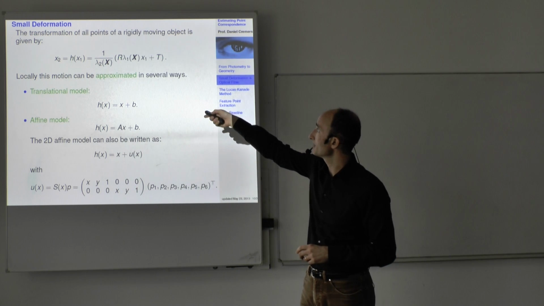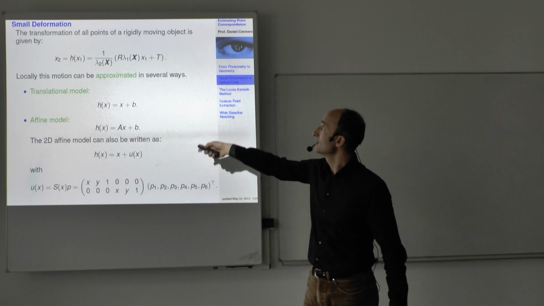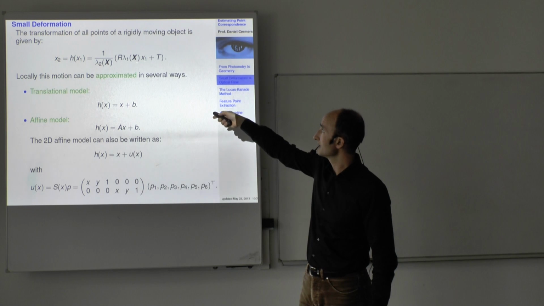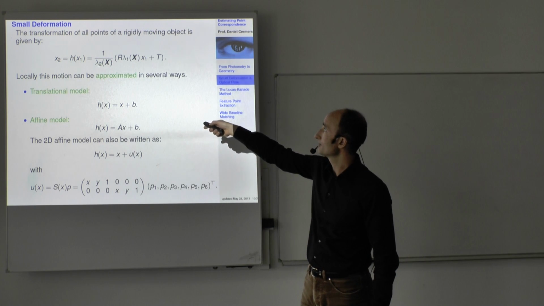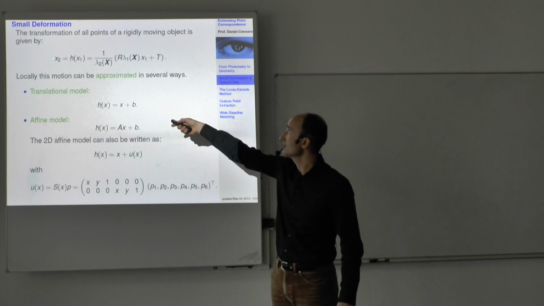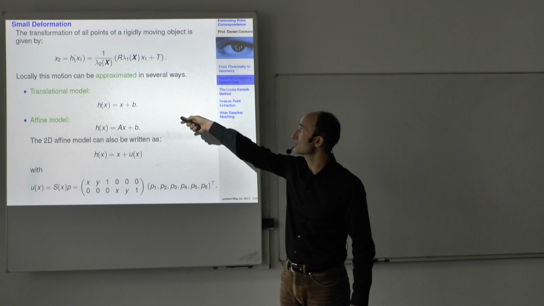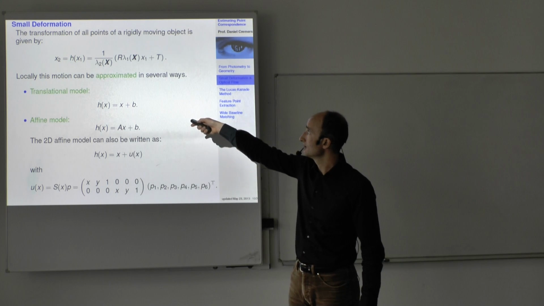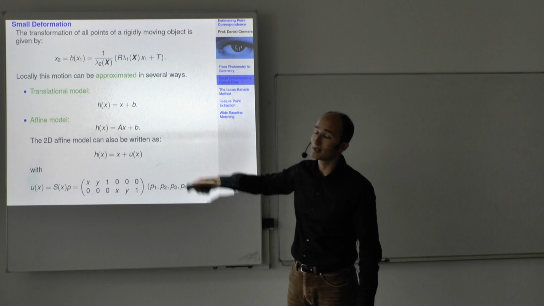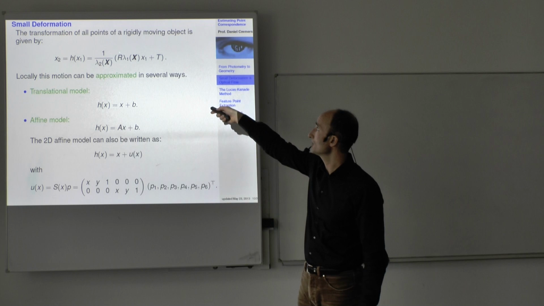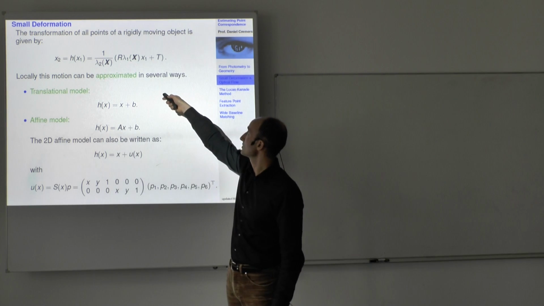Here we have the rigid body transformation, and then we can show that the coordinate corresponding to a point x1 in the second image, you remember there's the scale factor lambda from the perspective projection, and so the transformation from x1 to x2 can be written as a function h of x. That's what I call the function that maps from x1 to the new coordinate x2. And this is a rigid body motion. Lambda 1 x1 is actually the,